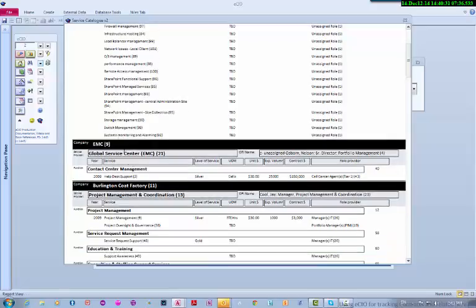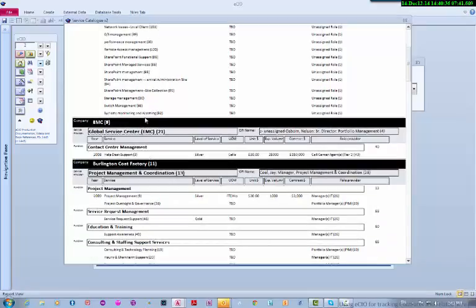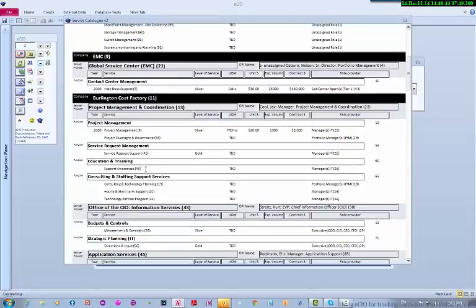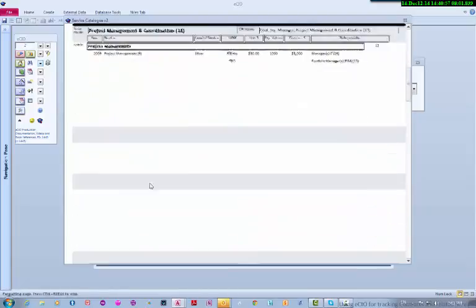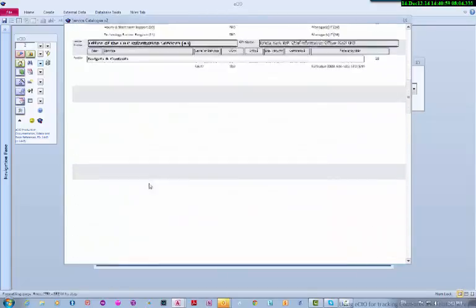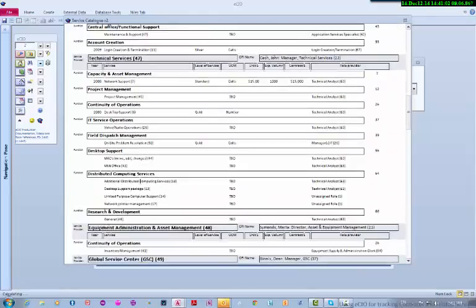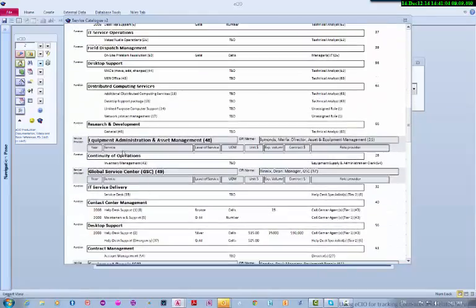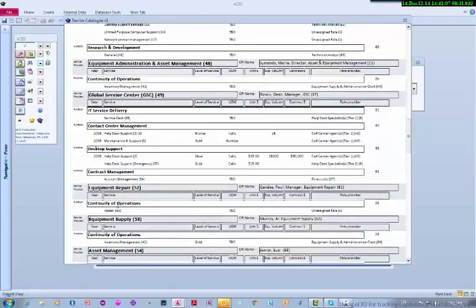In the case here, we have EMC. They provide a contact center, the help desk support that you may want to do. So you can collect these services on behalf of everybody and then provide those out to your end user client. For example here for Burlington, we had an organization for project management and coordination, and here are some of the services that were being offered on that side of it. If there's application services, technical services, continuity of operations, our asset management, what we need to do on that one, our global service center,